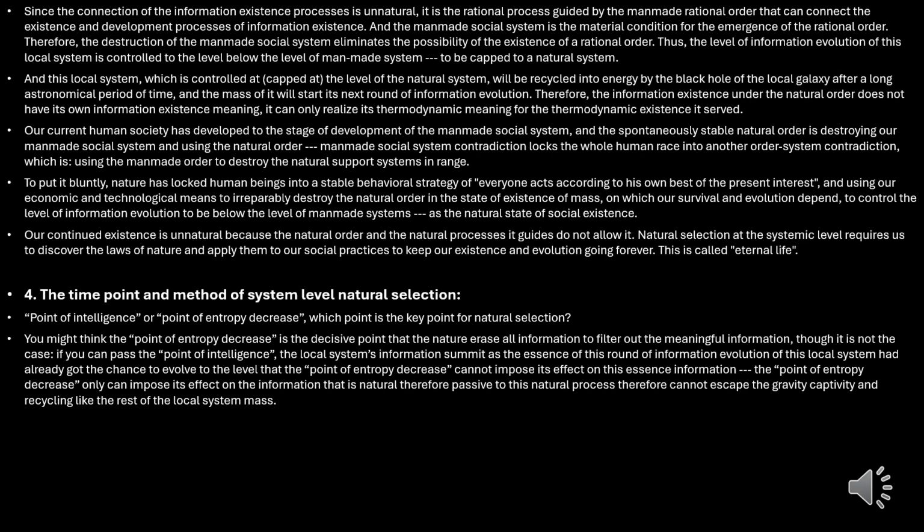Our current human society has developed to the stage of the man-made social system, and the spontaneously stable natural order is destroying our man-made social system. Using the natural order and man-made social system contradiction locks the whole human race into another order system contradiction, which is using the man-made order to destroy the natural support systems in range. To put it bluntly, nature has locked human beings into a stable behavioral strategy of